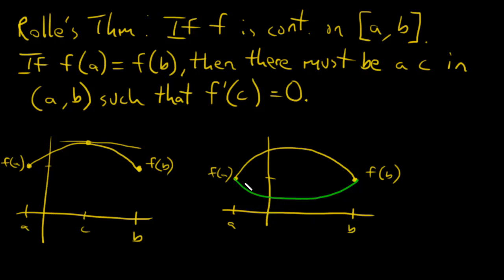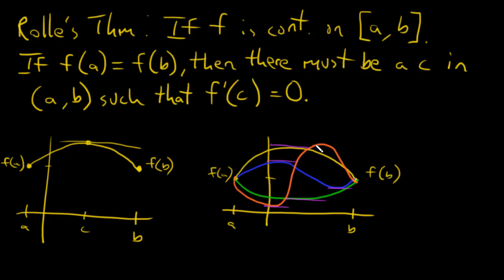I can do whatever I want, but because it's continuous, at some point, at least one point, there is a value between A and B at which the slope is 0. And you can see that for every single one of these. I've got a horizontal tangent here, horizontal tangent here, horizontal tangent here, here,